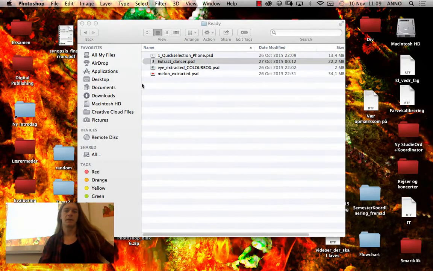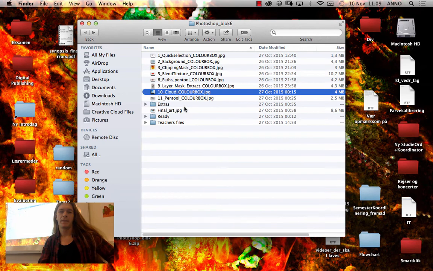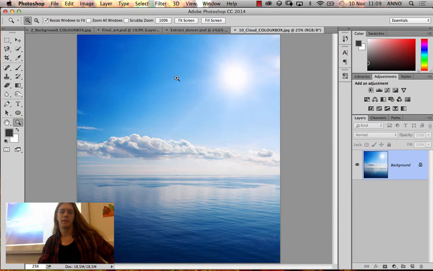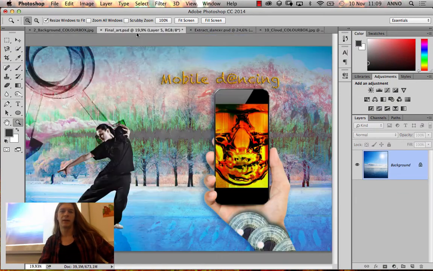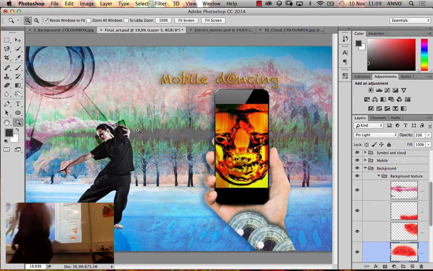Okay, so next up we have a cloud, and we have this cloud right here. If you look on my final artwork, there's a cloud coming out from her elbow. It was inspired by some of these Chinese movies, House of Flying Daggers and Crouching Tiger, Hidden Dragon. There are always clouds and stuff coming out of their hands and whatnot. So I figured I'd add a cloud to that,